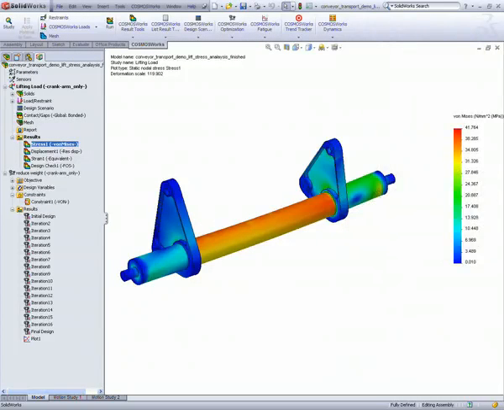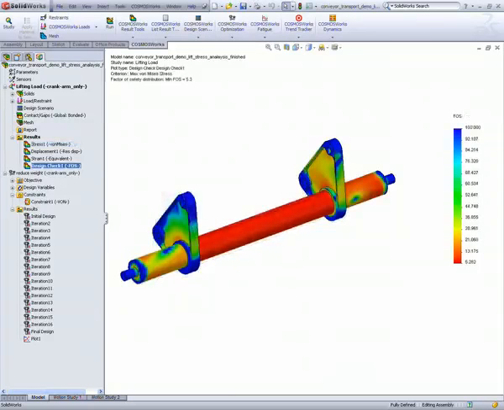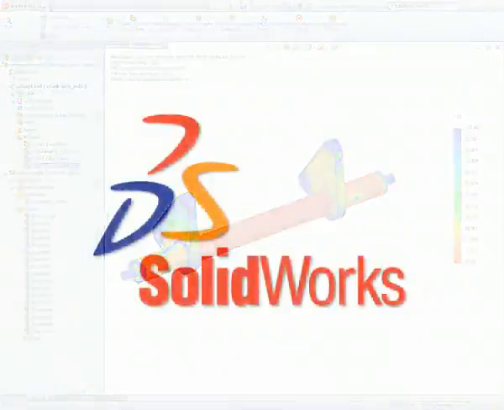We can also see that the maximum stress is still below our goal of 50 megapascals, and while we've removed a lot of material, the factor of safety is still quite acceptable. What used to take hours or days can now be